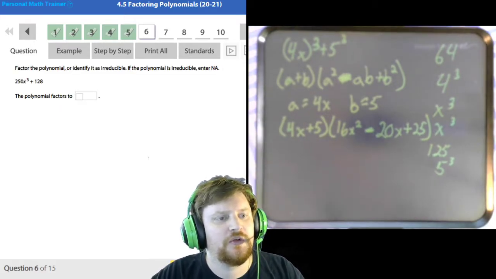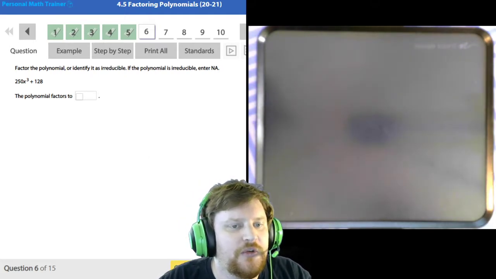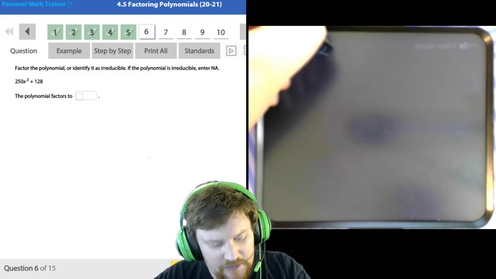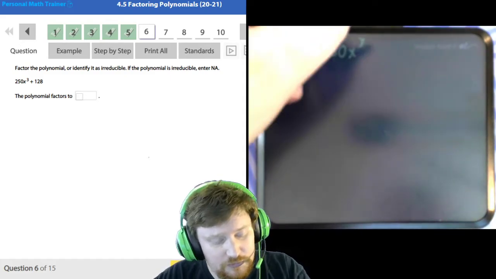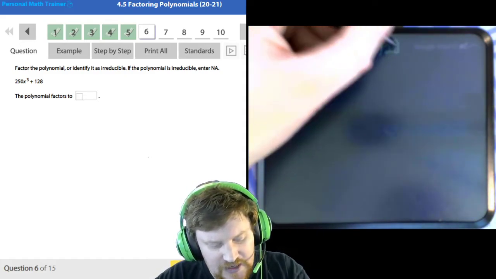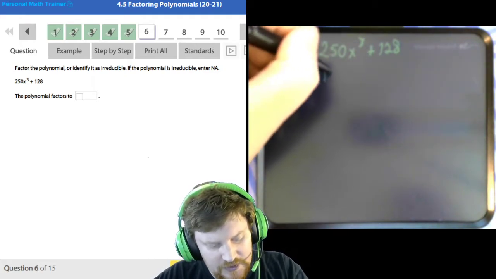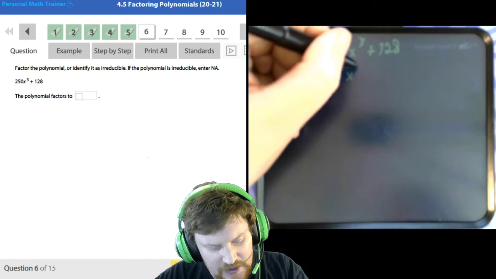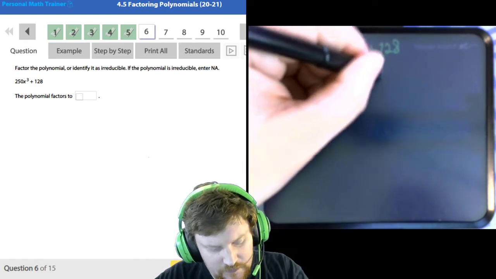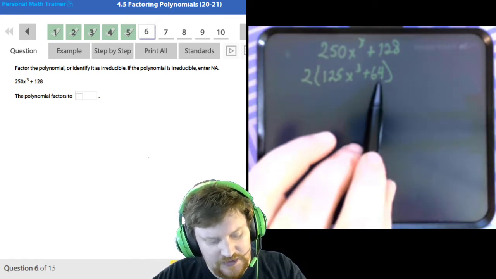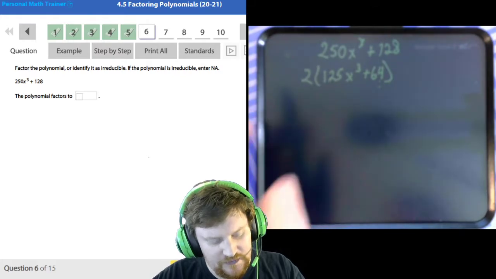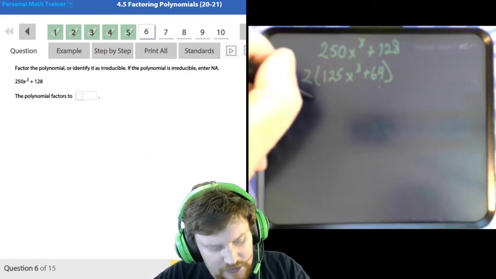Factor the polynomial or identify it as irreducible. If the polynomial is irreducible, enter NA. So I have 250x cubed plus 128. Both of these are even, so I can factor a 2 out. That gives me 125x cubed plus 64. We just talked about how 64 is 4 cubed and 125 is 5 cubed. So this is